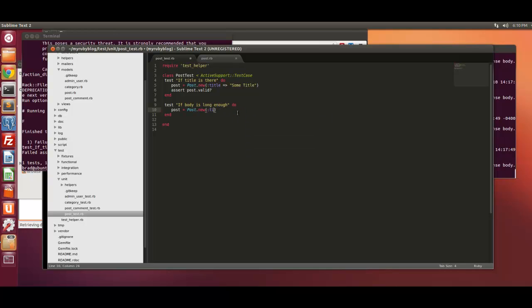Actually, first I'll show you it without that. So if we do just the body, and I want it to actually have more than 10 characters. So this is the post body, and then we want to do assert post.valid. So if we save that